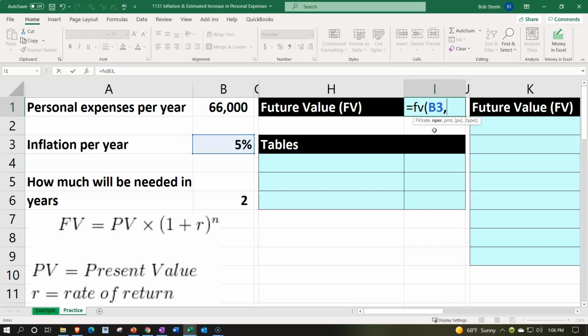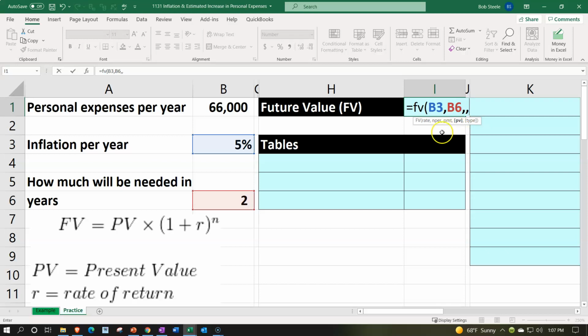So then I'm going to say comma, number of periods. The number of periods we're going to say is 2, which I'm going to pick up in our data set down here as well instead of just typing 2. So I'm going to say down, down, down, down on the arrow, left, left, left. There's 2. Comma. Now it's not a payment because this is not an annuity. We're saying it's the same $66,000 that's going up. We're not talking about multiple payments. Therefore, I'm just going to put 2 commas to move on over to the next argument, which is the present